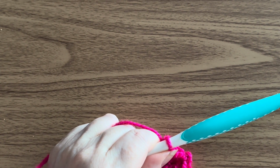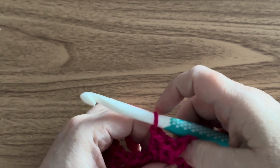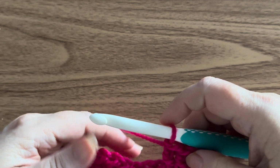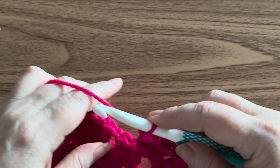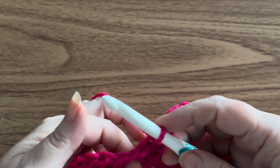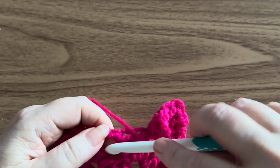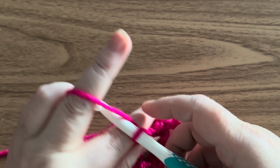So we've finished our corner off there. 3 double crochet, chain 2, 3 double crochet. We're working along the side, so we're going to do a chain 1. We've got a chain 1 space here to work into, so 3 double crochet into the chain 1 space,